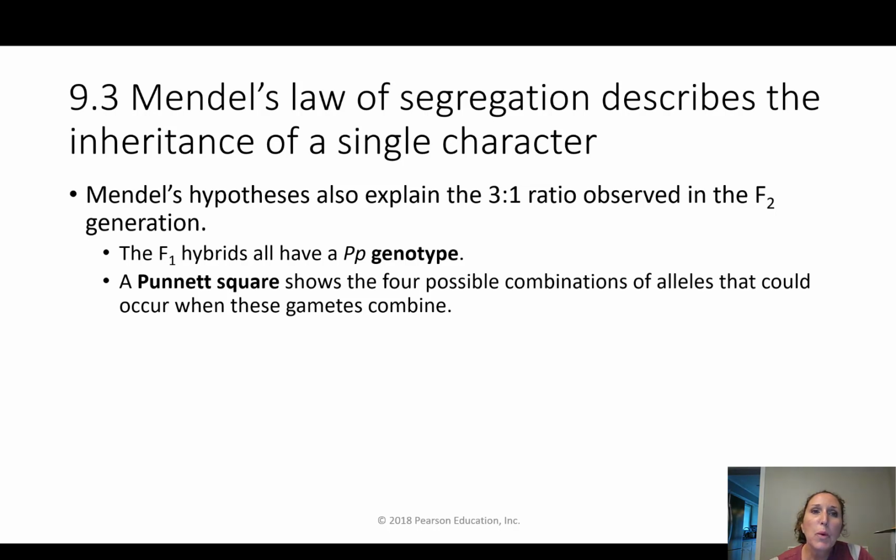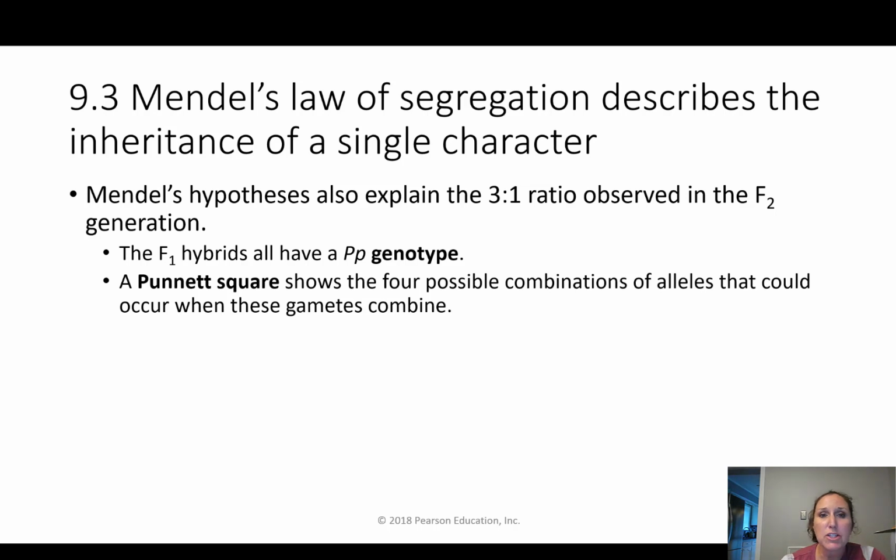Okay, so we were talking about Mendel's laws in the last video, and we're going to focus in on the law of segregation because that's going to lead us into monohybrid crosses. The law of segregation actually describes the inheritance of one single characteristic. So his hypothesis to explain the 3-to-1 ratio that we saw in the last video of the F2 generation was